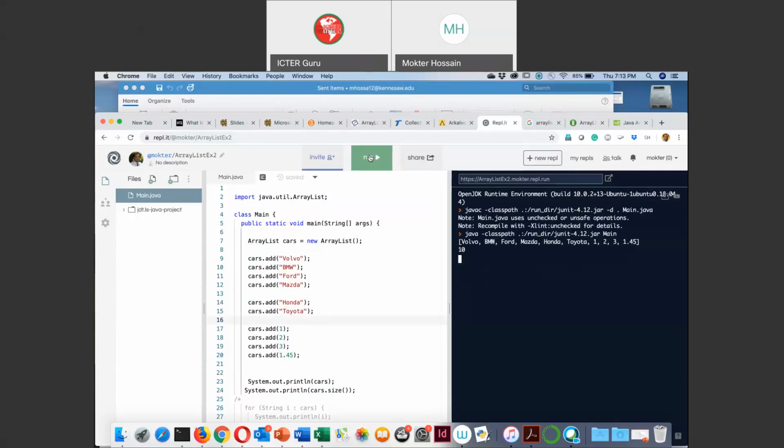Okay, it is working. It is working now. For instance, now it is working for multiple kinds of data. It is working for string, it is working for integer, it is working for decimal number. But since there is no restriction in its data type,